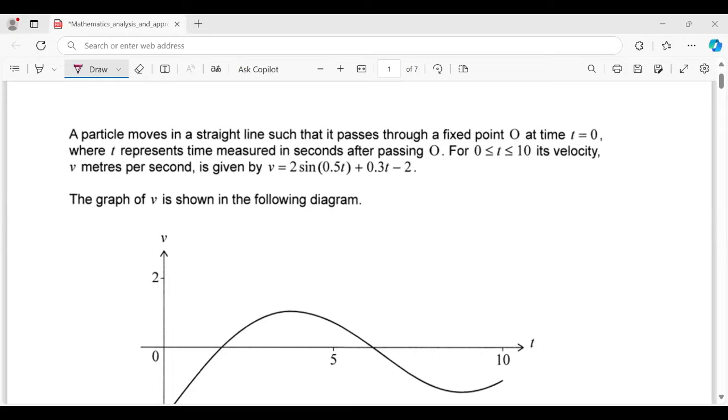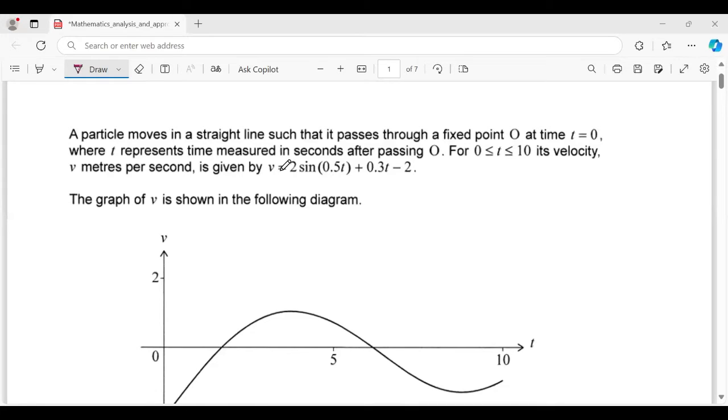Next, a particle moves in a straight line such that it passes through a fixed point O at time t equals 0, where t represents time measured in seconds after passing O. For t in the interval 0 to 10, its velocity v meters per second is given by this function